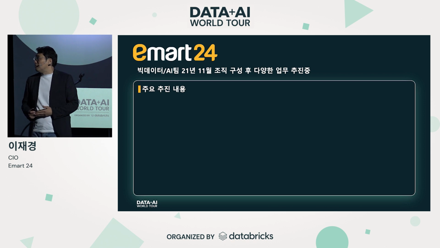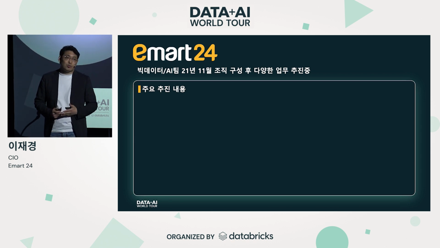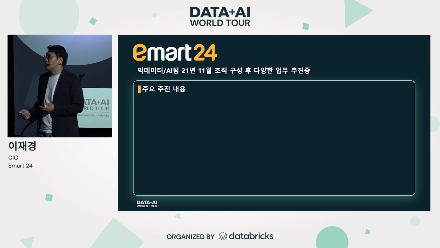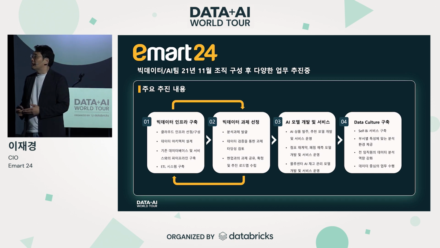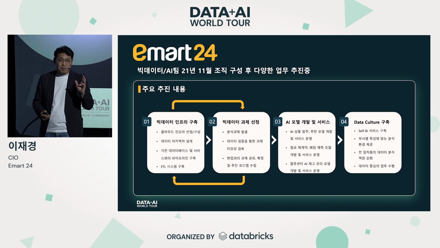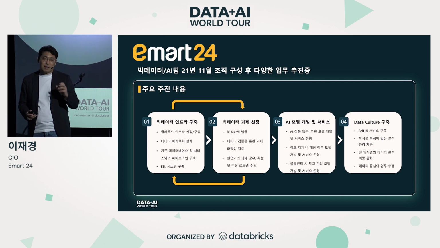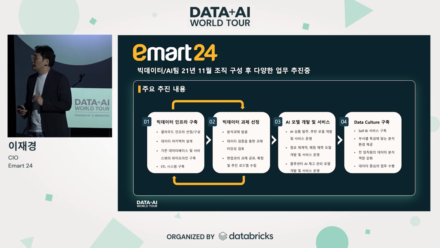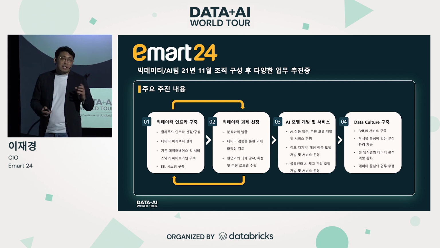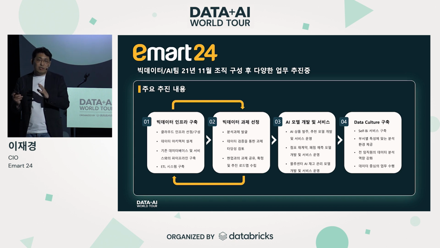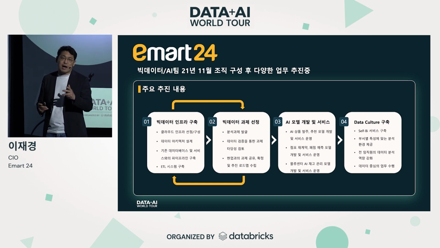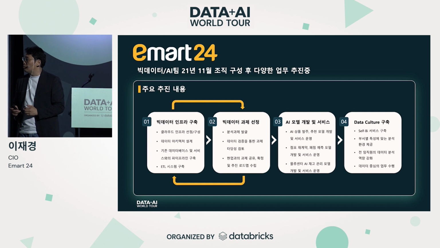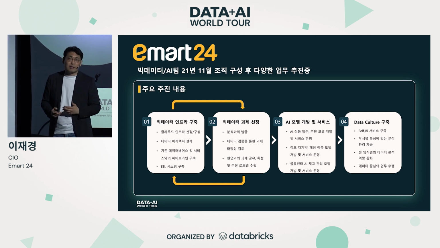빅데이터 AI 팀과 관련해서 말씀드리면, 저희는 21년도 11월에 처음으로 조직을 구성해서 이러한 기술을 내재화하는 작업들을 진행했습니다. 주요 추진 내용들을 보면 다른 업체들과 크게 다르지 않습니다. 빅데이터 인프라를 구축하고, 빅데이터 과제들을 선정하고, AI 모델을 개발하고 서비스화하는 작업들을 진행했는데요. 저희만의 다른 점이 있다고 하면, 빅데이터의 데이터 수집과 구현을 철저하게 과제 중심으로 진행했다는 점입니다. 현업과 함께 과제들을 선정하고, 그 과제에 필요한 데이터들을 중심으로 데이터를 수집하고 빅데이터를 구현해서 빠르게 분석할 수 있는